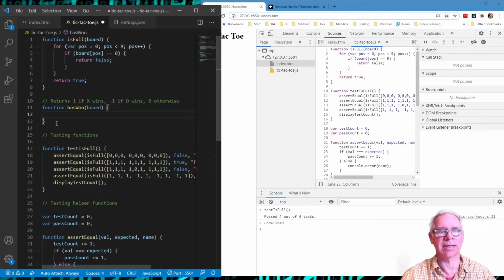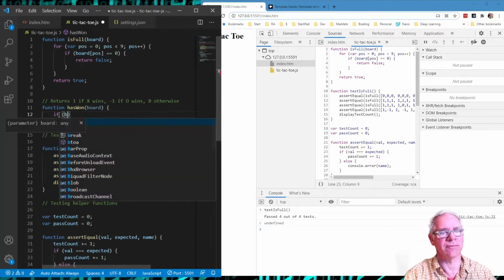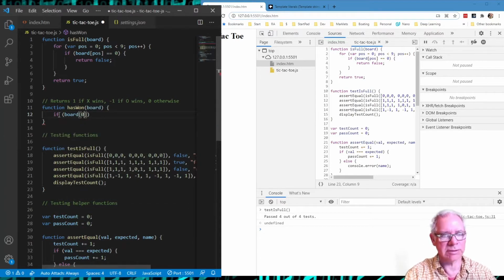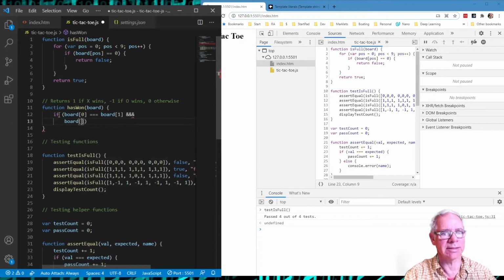We could write if statements out for each single one, like if board of 0 equals the board of 1, and also if that same value equals the board of 2, okay, then we know that